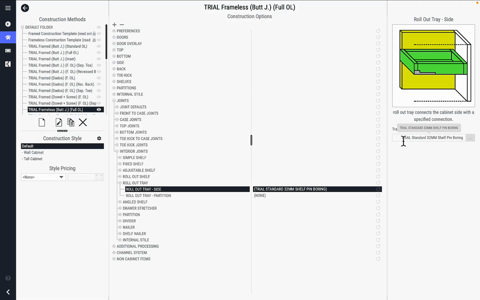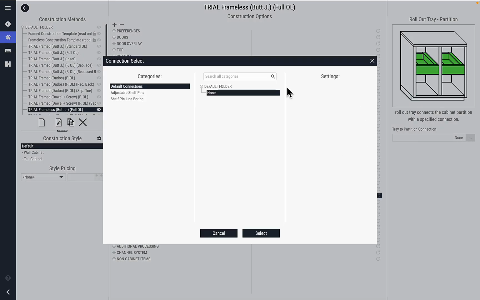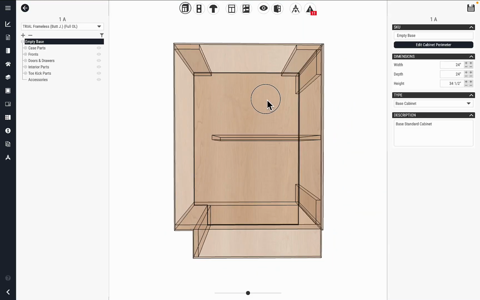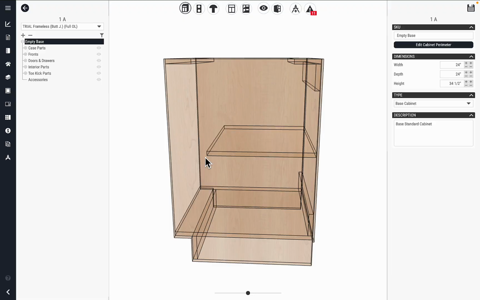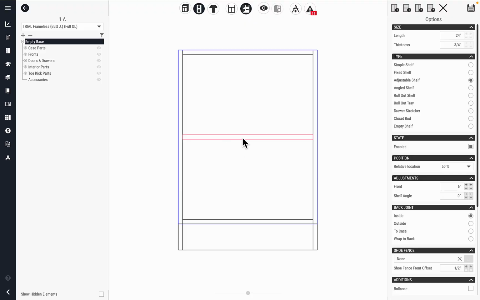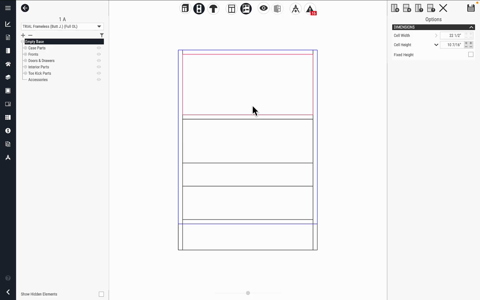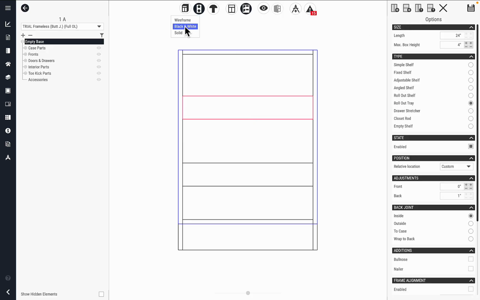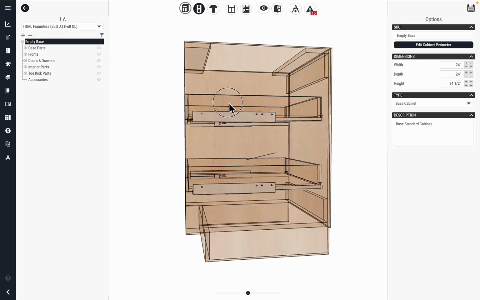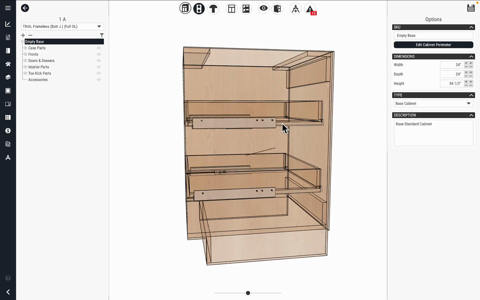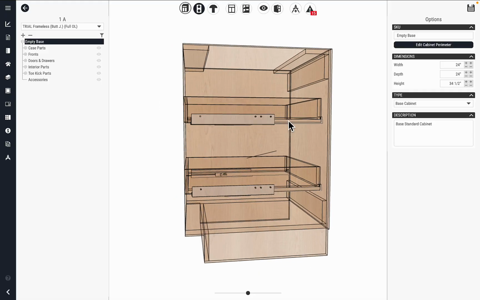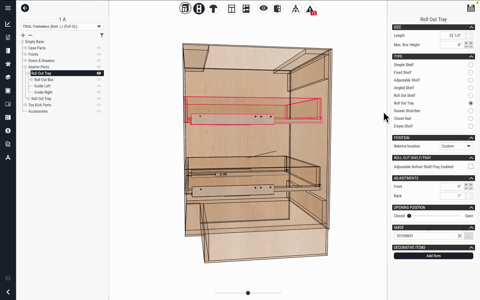So let's see how this works. Once you have the joint in place for the side and the partition, if I want, for example, this cabinet to have 2 rollout trays that are fully adjustable within this opening, how would this work? Well, I would first go within the cabinet and make 2 rollout trays. By default, they will just be regular rollout trays with 1 row of holes bored for their drawer guides. But then I could go within the rollout tray parameters and I have a new checkbox, adjustable rollout shelf or tray enabled. So if I enable this for both boxes,